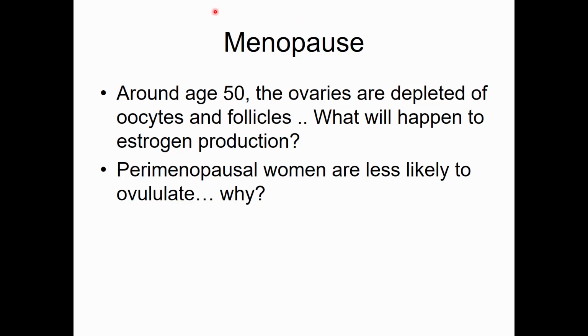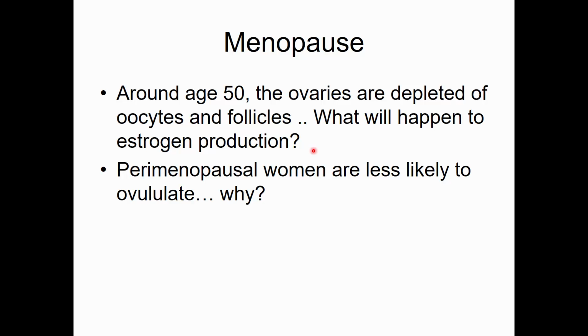Now what happens on the other end of reproductive life? Around age 50, the ovaries essentially run out of oocytes and follicles. So, the ones she has left just may not be very functional. So what do you think would happen to estrogen production? Well, it should go down. And as estrogen production goes down, then FSH will go up, GnRH will go up. Some people think it's low estrogen, and some people think it's high GnRH that causes the hot flashes that some